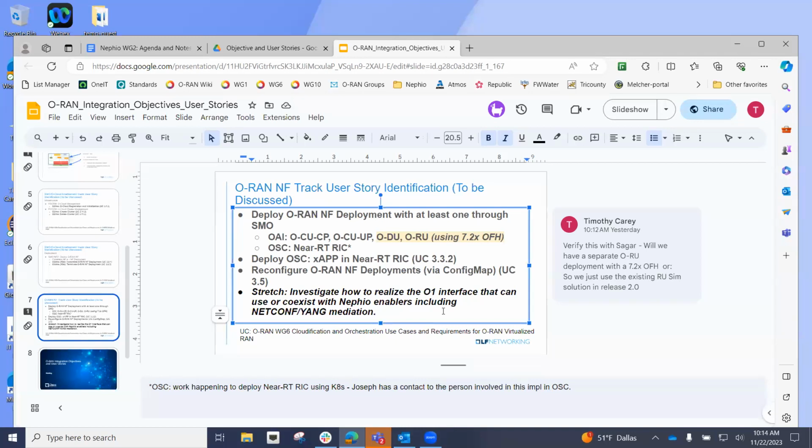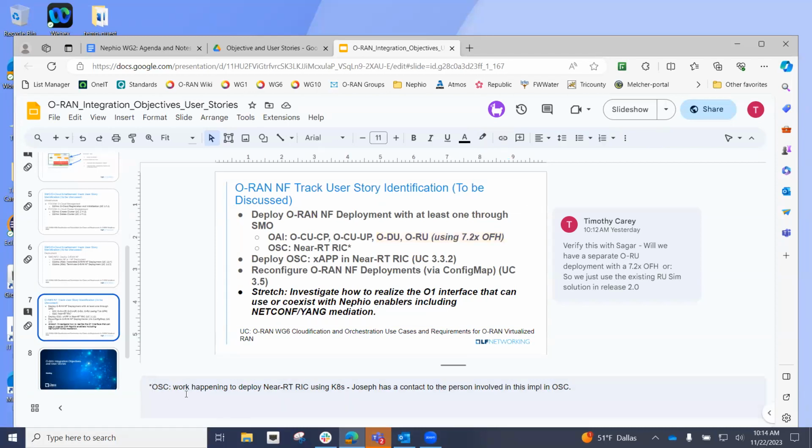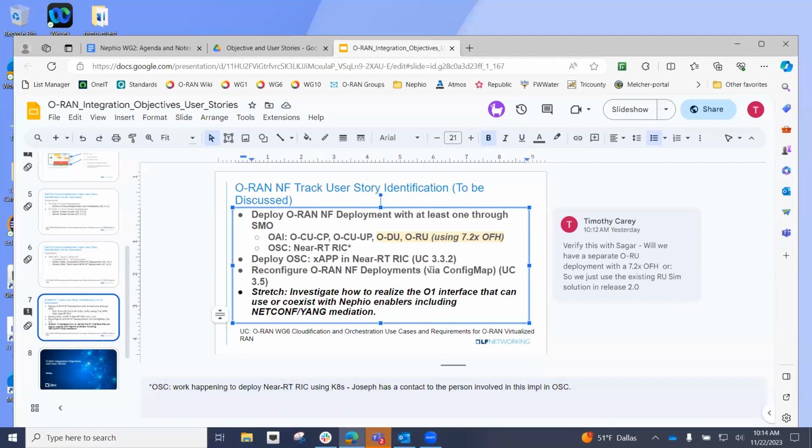So I don't know if it's a good basis or not to work on. You're saying we should map them to NF deployments. I'm not too sure yet. I'm not too sure about it. It would need to be looked at, I think. I don't know if it's fully